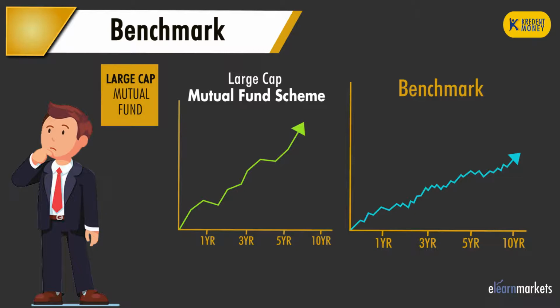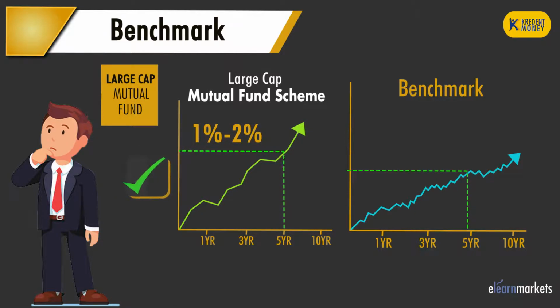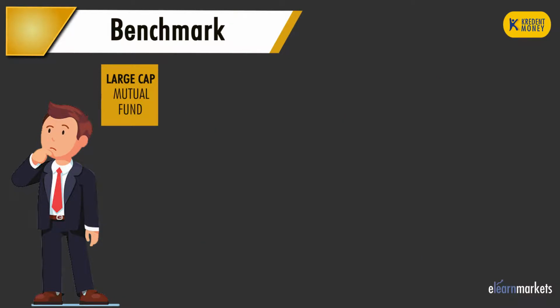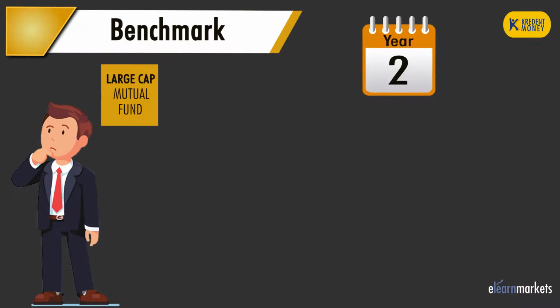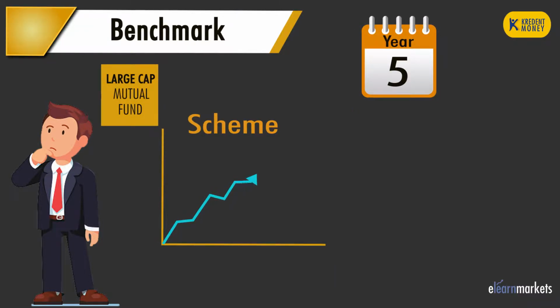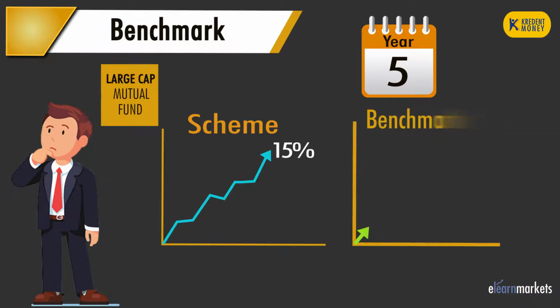So for example, if I see that the scheme which I am going to invest into in the 1 year, 3 year, 5 year time frame, that scheme has beaten the benchmark by a handsome 1%, 2%. That means the scheme is a good one. Within this, some more exact example I can give you is that in a 5 year time frame, if the scheme has given a return of say 15%, but the benchmark has given a return of 13.46%. So that means the scheme fund manager is a good one. He has the ability to beat the benchmark.